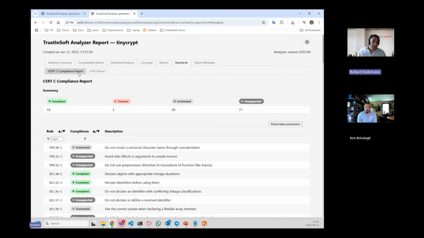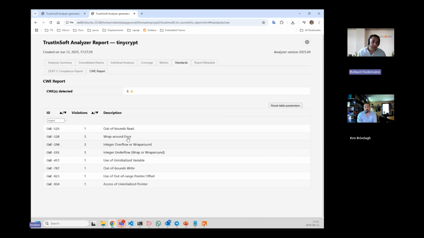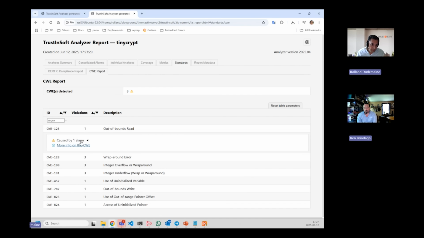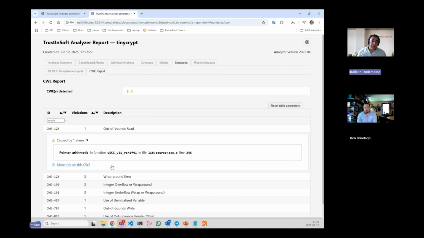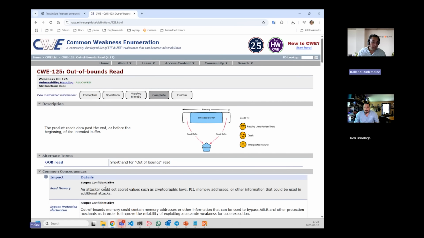And as a bonus, for security engineers, also CWE compliance here. You can see it's all linked. If you want to look at the particular information about this particular CWE, out of bounds read, I can just click and it takes me to the public website of MITRE to understand what's going on.